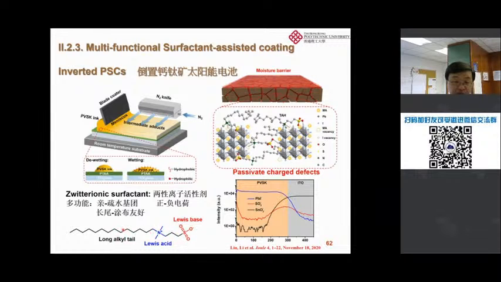This one has a long chain that doesn't like water, and this part likes water. Okay, so this gives some protection to my device too. So that's what we call the multifunctional surfactant. Okay, now this is the so-called